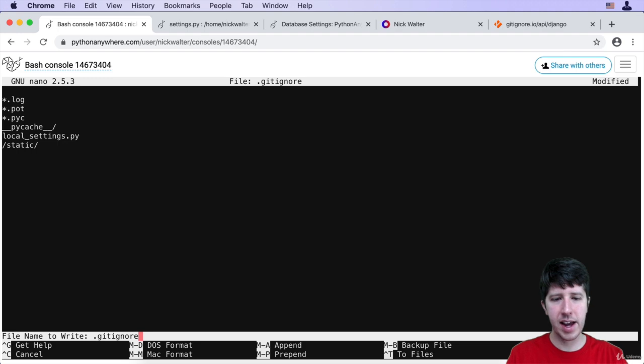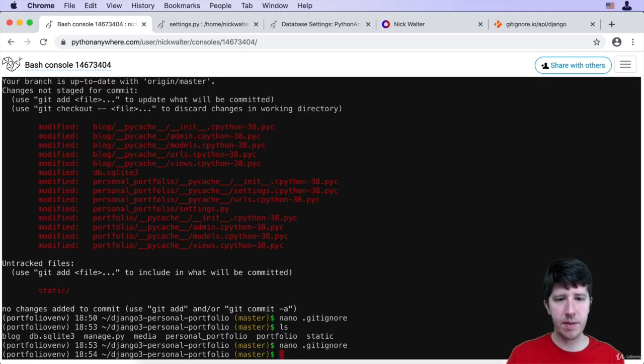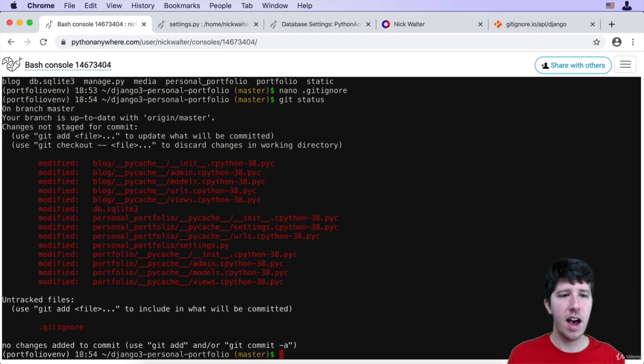I'm going to type Y and then hit enter. Okay. So now that I've done that, if I go ahead and do a git status, you'll notice that not everything is showing up. For example, that static folder is gone. You'll notice we still have some issues here, that the .pyc is still there and whatnot. And so the reason for this is that